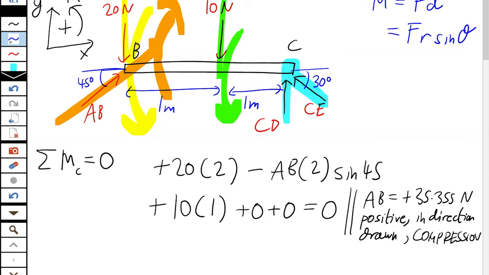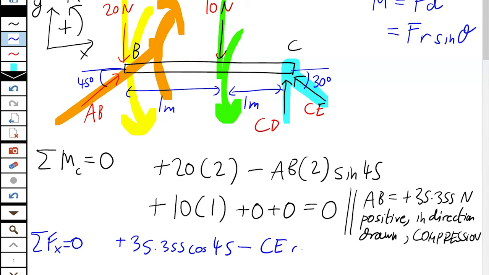Then the next equation, do we do X or Y? Well, doesn't matter because both of them only have one unknown, but you do check that to see if one of them has fewer unknowns. Always do the fewer unknowns first. So the sum of all the horizontal forces is 0. So we have plus AB, the horizontal component to the right, minus CE's horizontal component to the left. One equation, one unknown. So we can find CE